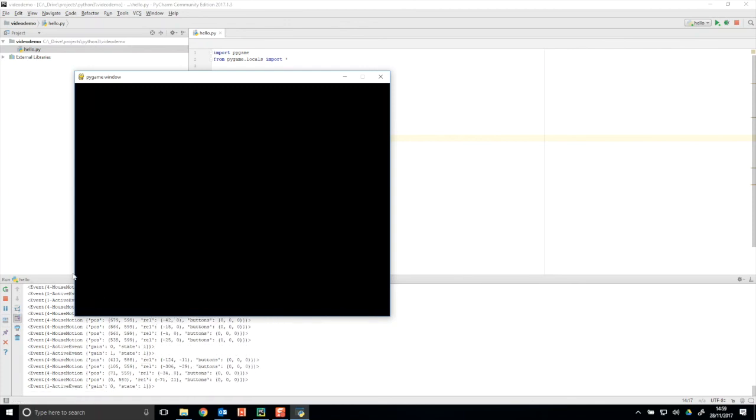Alright, so x-axis 0 on the left, high positive number on the right, y-axis 0 on the top, high positive number on the bottom. And on that,